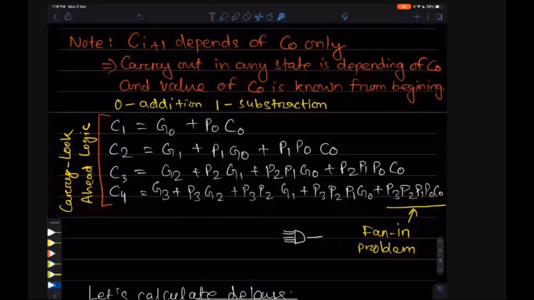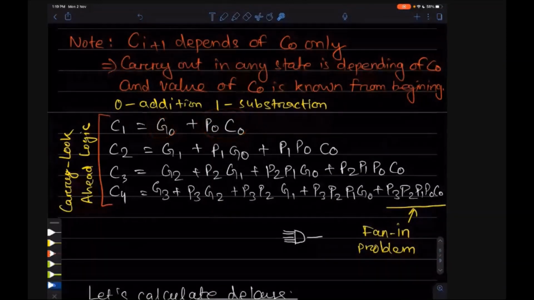Anyone? How many gate delays are required for C1? 6. Oh my god. How? Why 6? There is an AND operation, there is an AND OR operation. So only 2 gate delays, no? You will do the AND operation, then just OR this and this result.